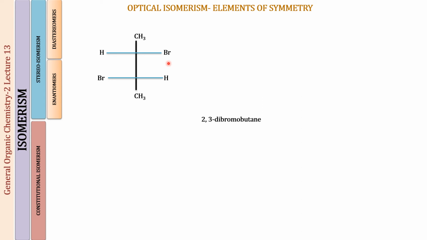So no plane of symmetry. Then this molecule does not have a center of symmetry as well, because in the three-dimensional representation you will be able to understand when you have done that in the next lecture. This molecule is just like tartaric acid. Instead of the COOH groups there are the two CH3 groups, right, and a Br instead of the OH groups.